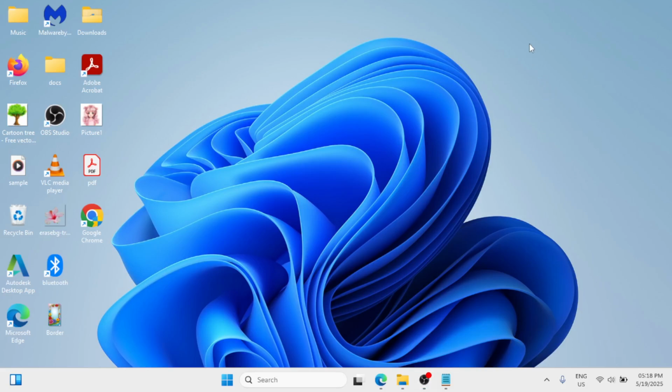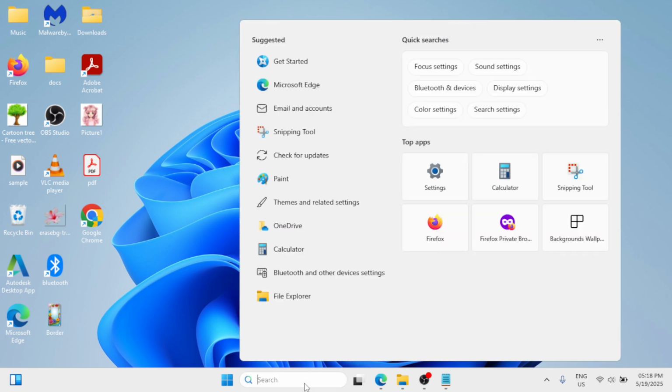In this video, I'm going to share with you how you can fix if there are no connections available or not connected on your Windows. So you are not connected to your Wi-Fi and no connections are available. So let's get started. Go ahead in the Windows search bar and here you need to simply type